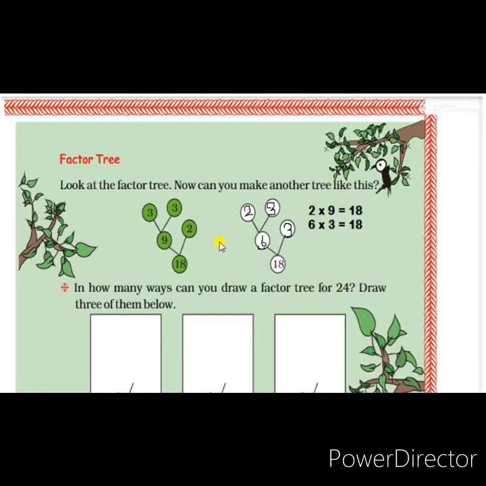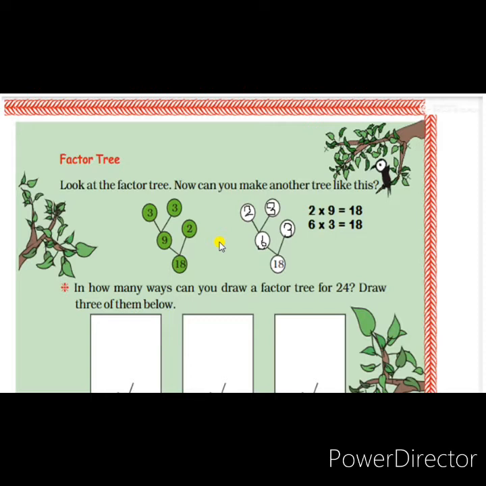These numbers come in the tables of 1 and the number itself. For example, 3 comes in the table of 1 and in the table of 3 only. In the same way, 5 also comes only in the 1's table and 5's table. Same way 7 also: 7 ones are 7, in the table of 1 and 7's table. These numbers are called prime numbers. The other numbers which have more than two factors are called composite numbers.